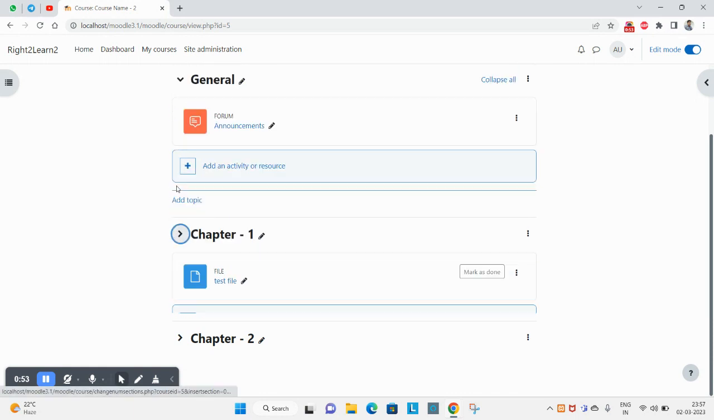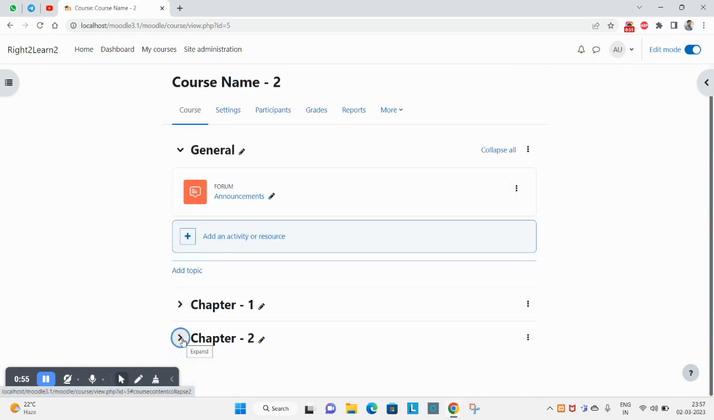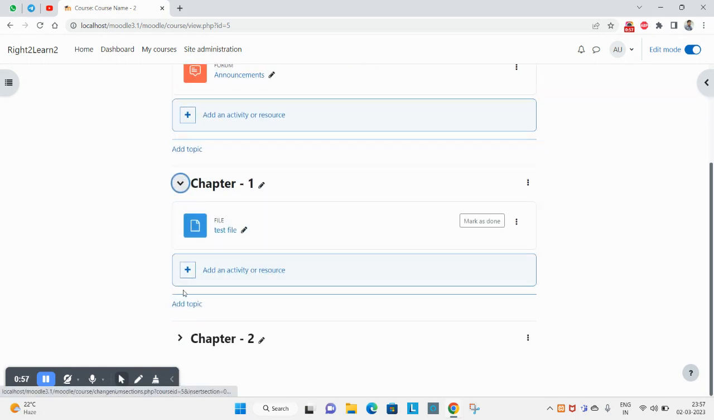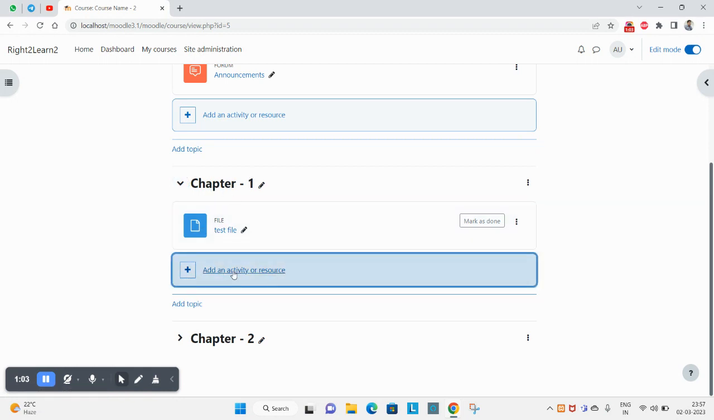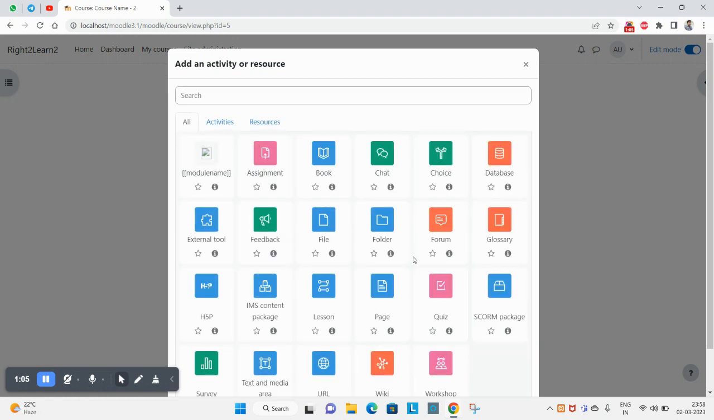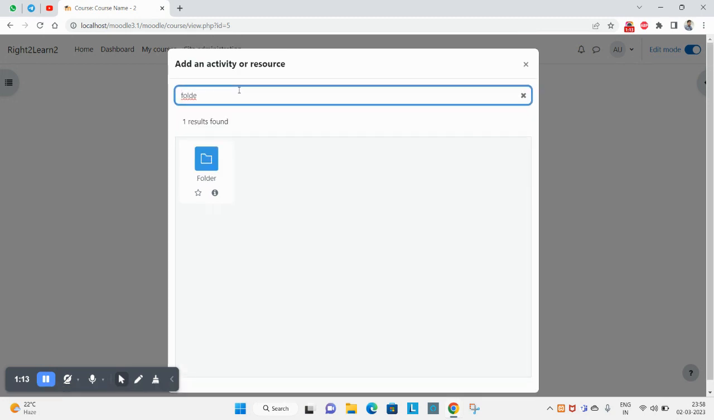and you can see here the two chapters mentioned, chapter one and chapter two. Let's add an activity inside chapter one. So click on add an activity or resource. Search for folder. If you are getting a longer list, you can also search here by typing. Okay, so folder,